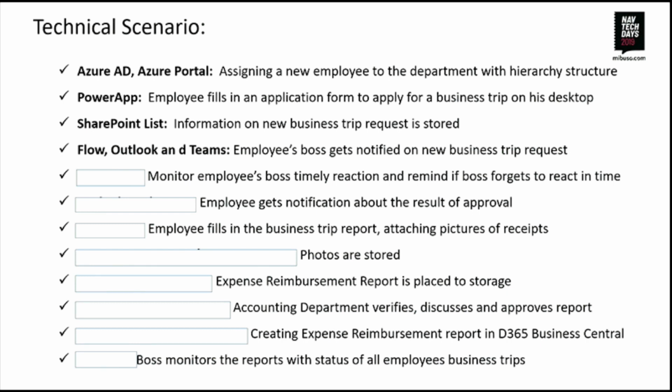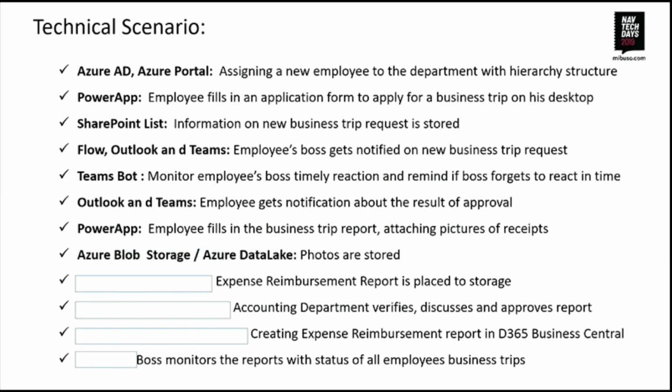Outlook and also Microsoft Teams to send a notification to a boss, and then we can use a Teams bot to monitor the boss's activity and remind him if he was not on time approving the request. And then you can use Outlook and Teams also for sending notifications to the employee, and you can use Power App to fill in a business trip report again, and then you can use Azure Blob Storage to store the photos,